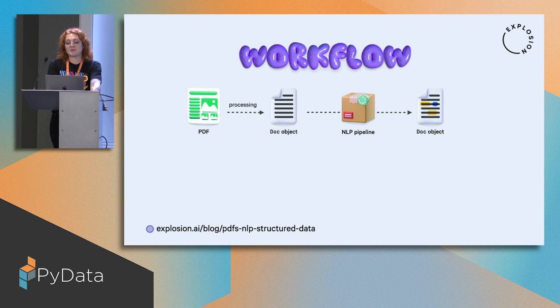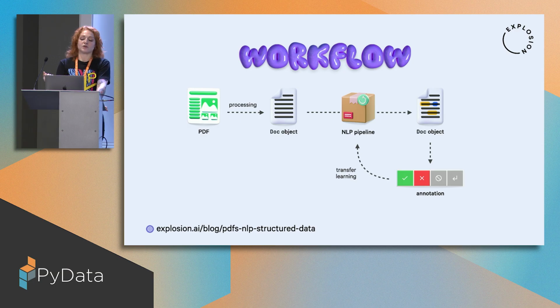And then, of course, we might have situations where we want to improve that NLP pipeline. Our model will never be static. We always want to have a workflow where we can iterate and make it better. And so this structured doc object that we get out at the end, we can take that, annotate it, make corrections to the predictions that maybe the model gets wrong, and feed that back into the NLP pipeline, or even use that to train our very own model that's completely specific to our use case, using transfer learning, maybe basing it off a model like BERT,